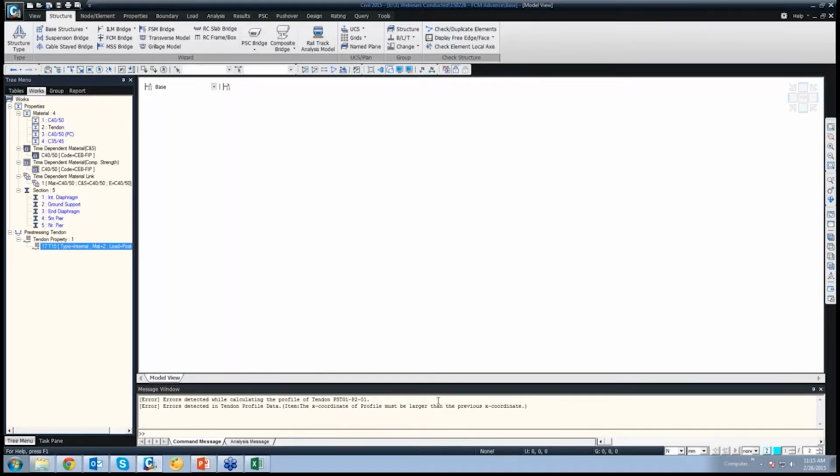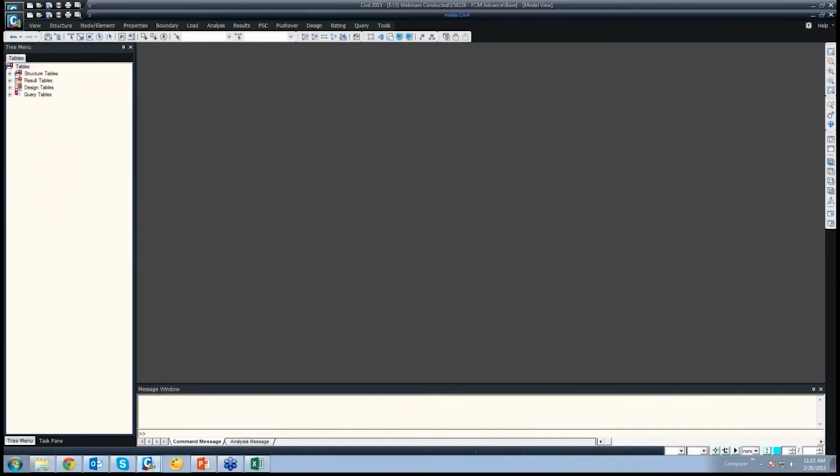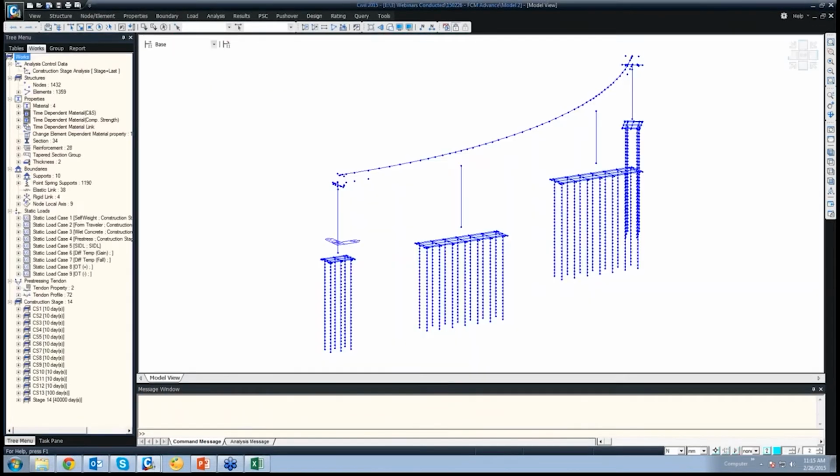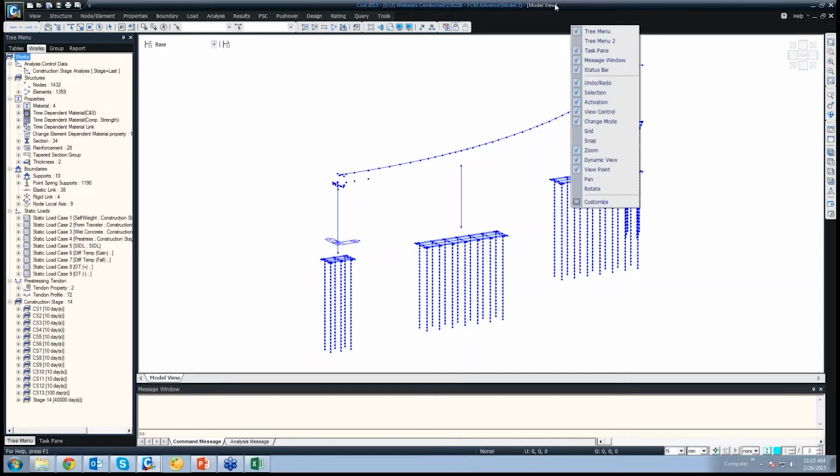This just creates the superstructure. So this was the model that was previously made using all the tendons and all the profiles.